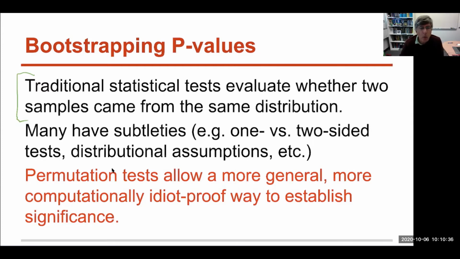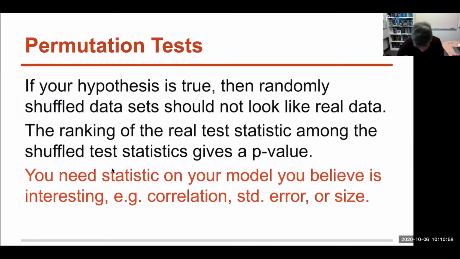There is another way to get confidence in whether some observation is happening by chance that I think is more appealing in certain ways to computational people. This is the idea of using permutation tests. I'd like to go through that as the last thing that I want to talk about for now in significance. And the basic idea of a permutation test is that if you have a hypothesis,